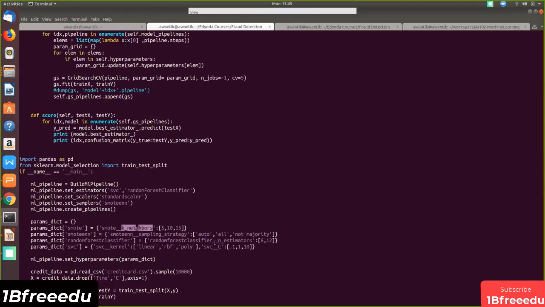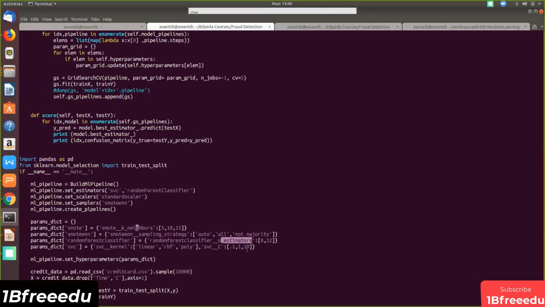Then we want to use random forest classifier. So these are the hyperparameters for that. n_estimators: we want to try with 8 trees, we want to try with 12 trees. Then you have SVC, as there are multiple SVC kernels possible, linear, RBF, poly, and this is the regularization factor, the C parameter of SVC, which tells you how much misclassification it allows. So this is a dictionary, as you can see here.